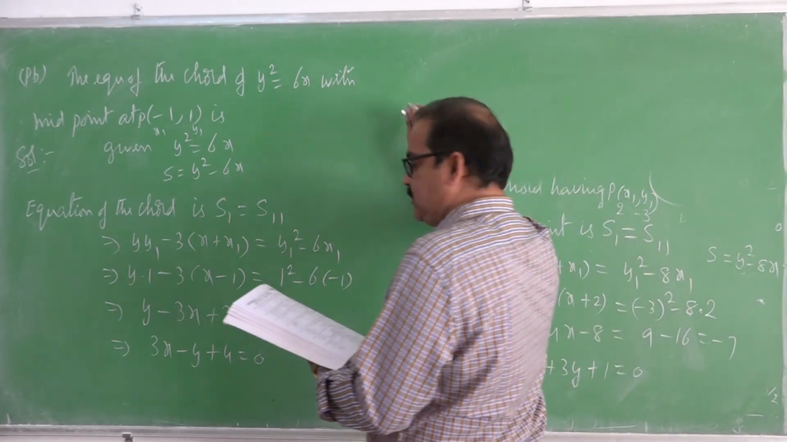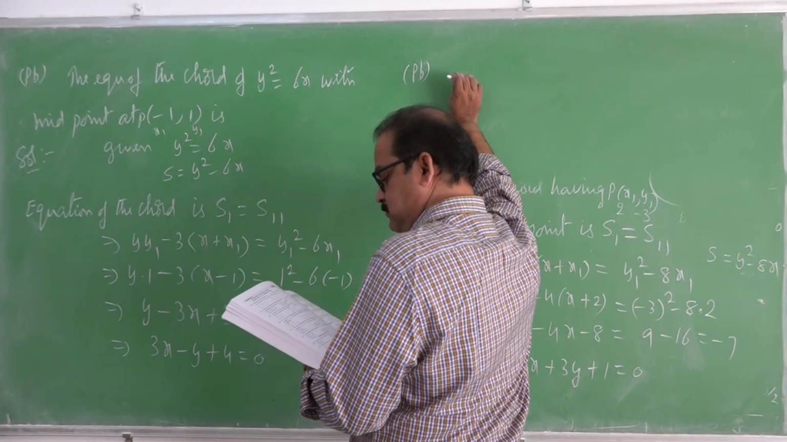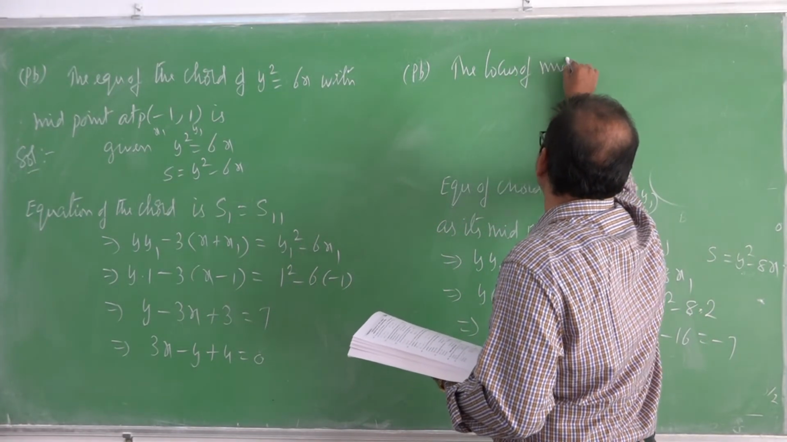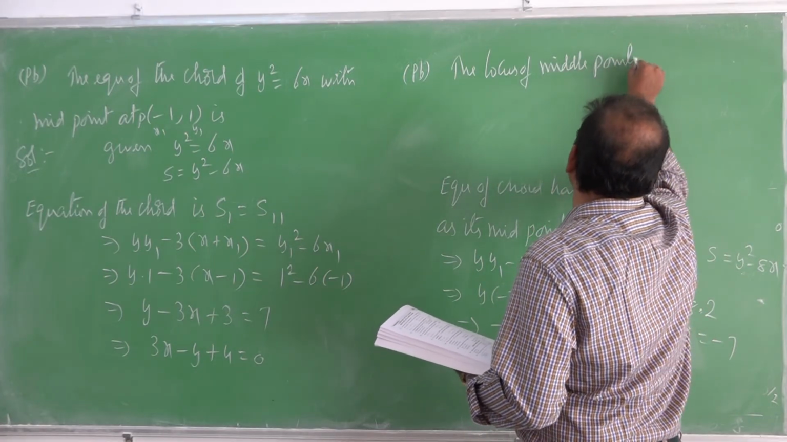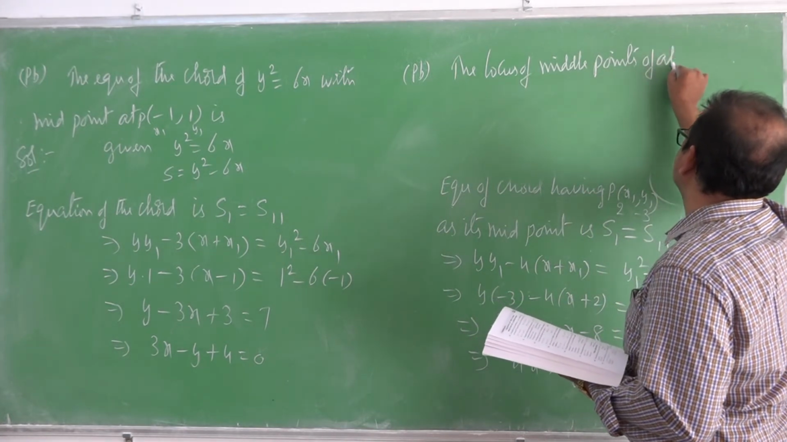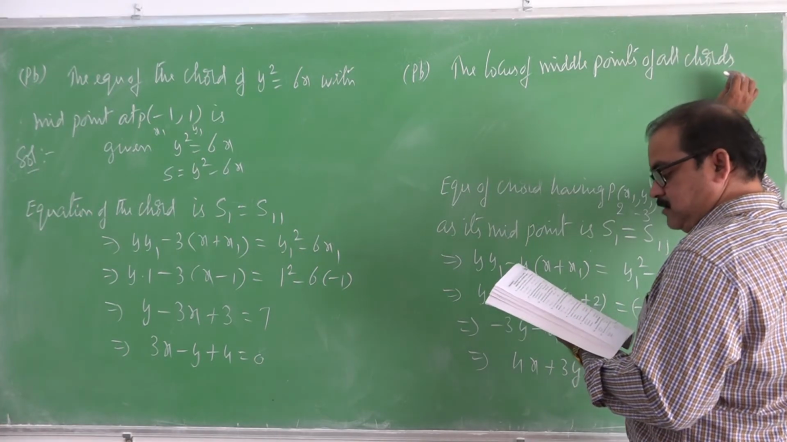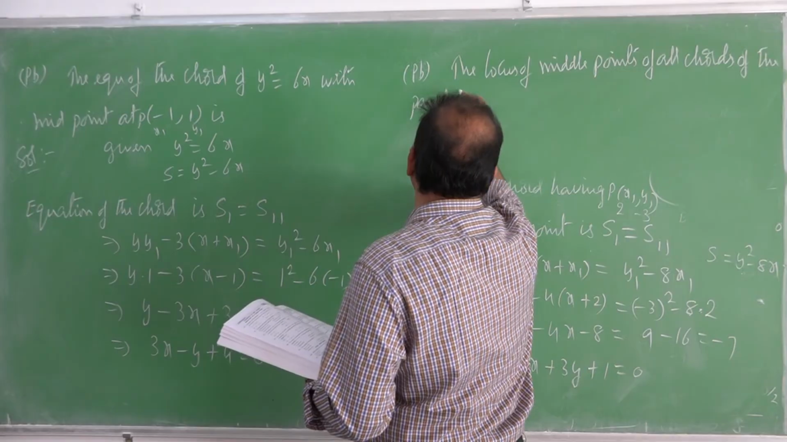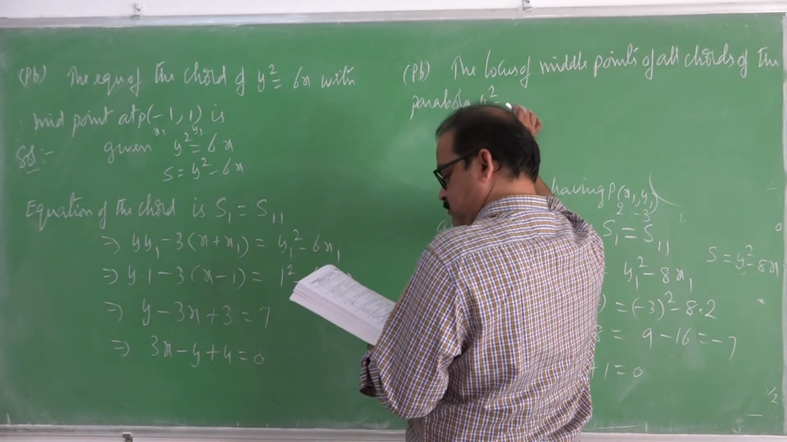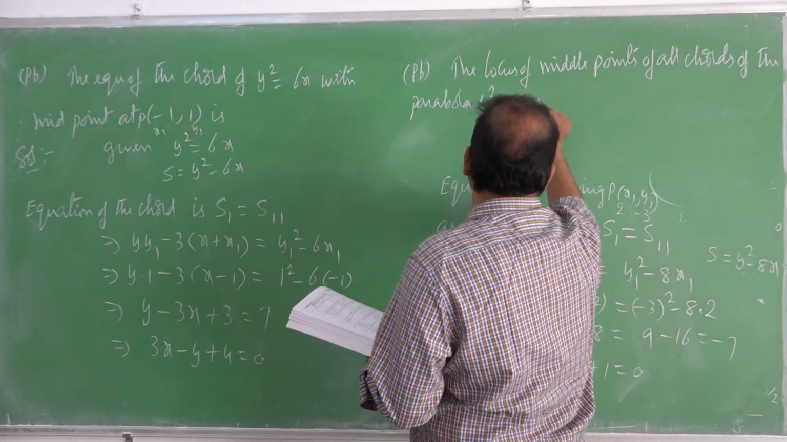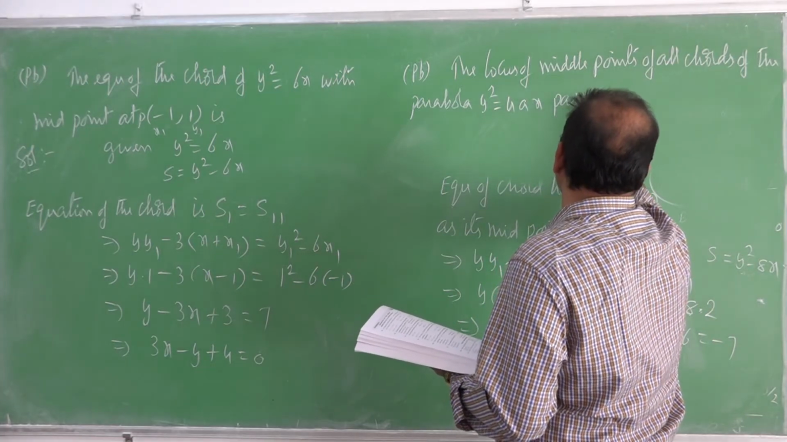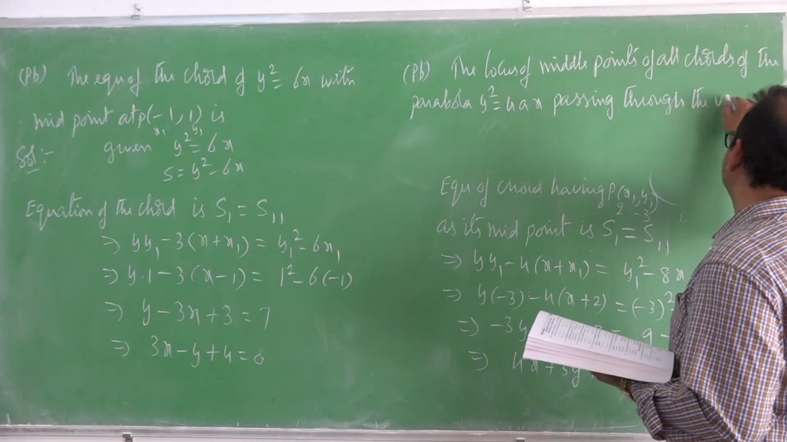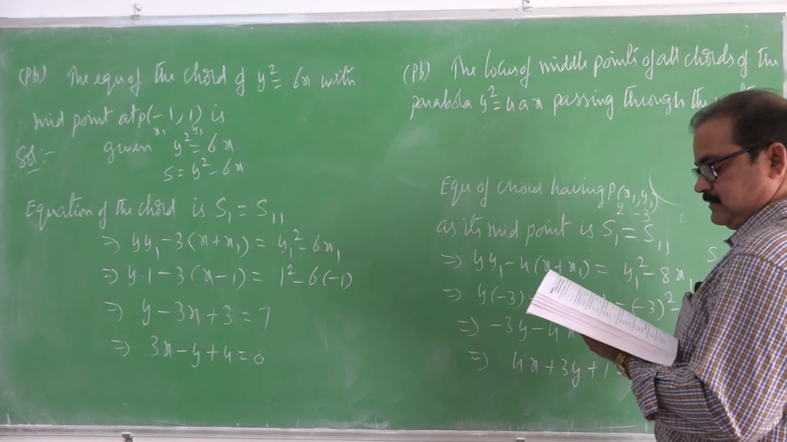Write the next problem on this model. The locus of middle points of all chords of the parabola y square is equal to 4ax passing through the vertex is...